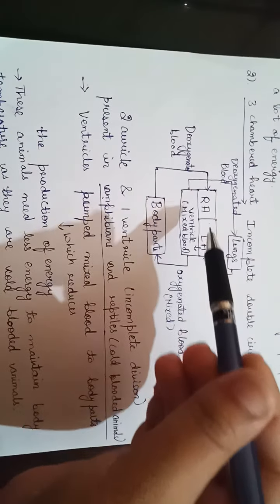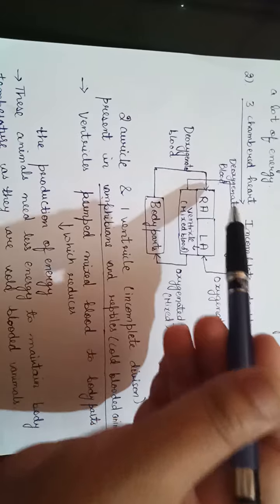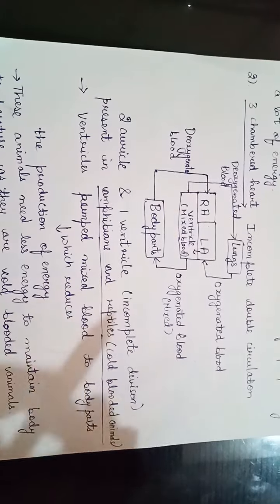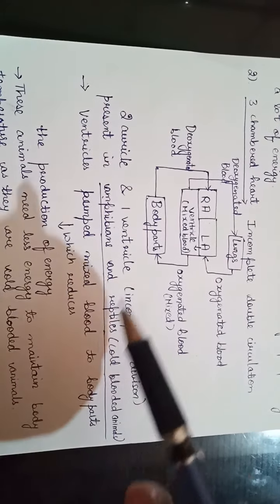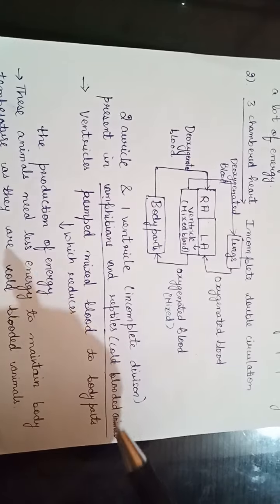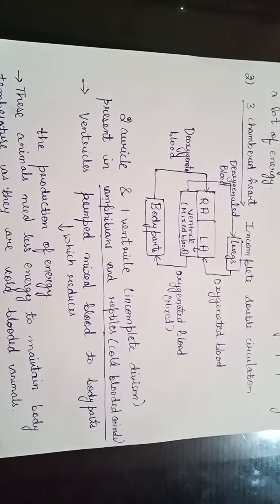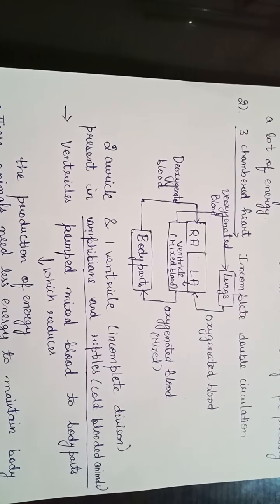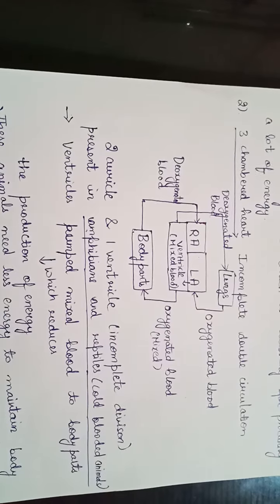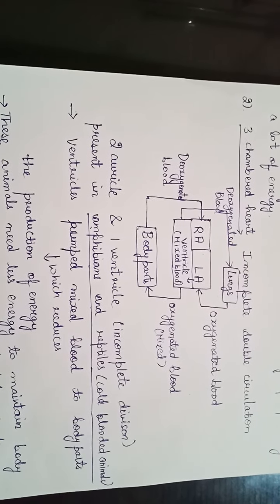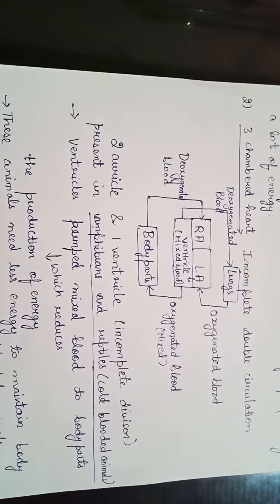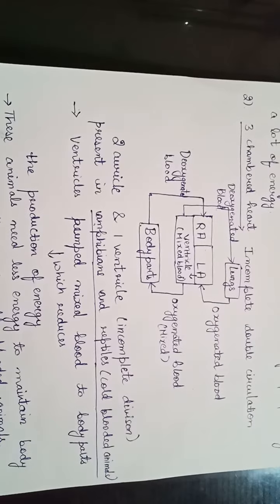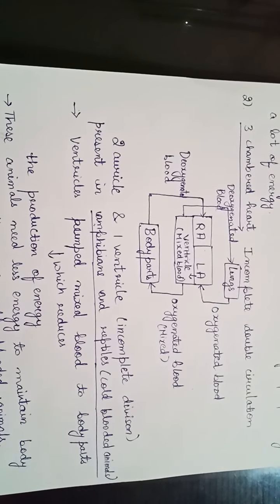And so two auricles and one ventricle are given, so that's why it is known as the three chambered heart, and incomplete division is present. And because the ventricle pumps the mixed blood to the body parts, it reduces the production of energy. So less energy is produced, okay, but the three chambered heart organisms also do not require high energy, because they are cold blooded animals. Cold blooded animals do not require high energy for maintaining the body temperature. Okay,